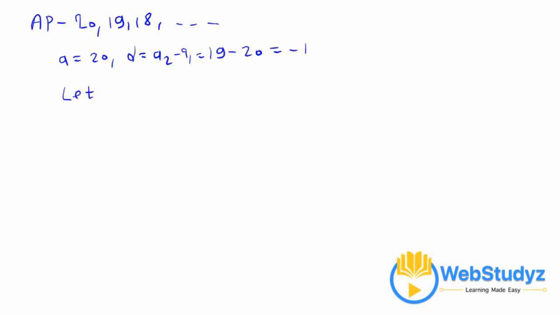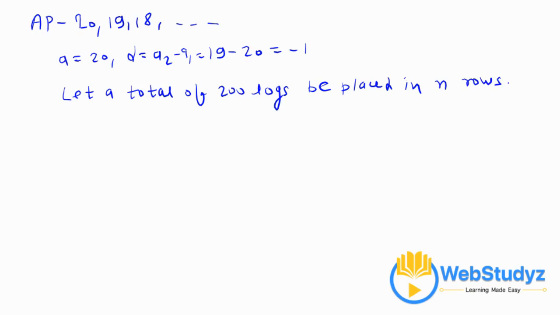Let a total of 200 logs be placed in n rows. That means Sn is equal to 200. By the sum of n terms formula, we can write Sn is equal to n by 2 into 2a plus n minus 1 into d. Putting values here, we get,